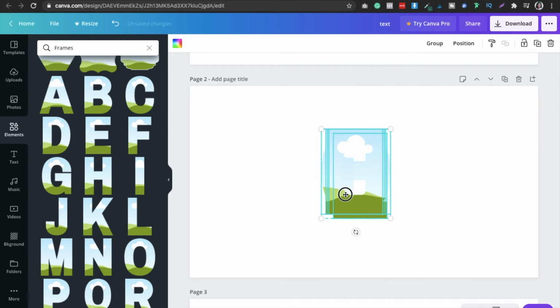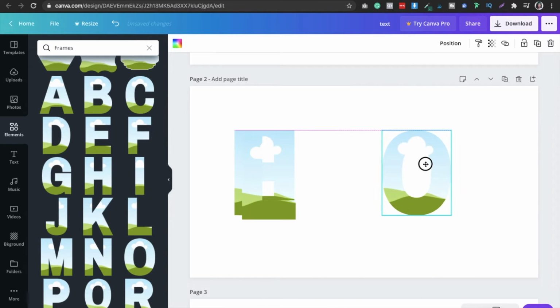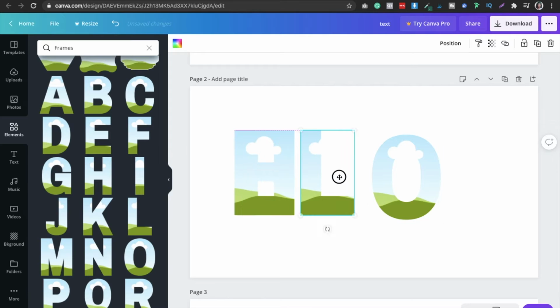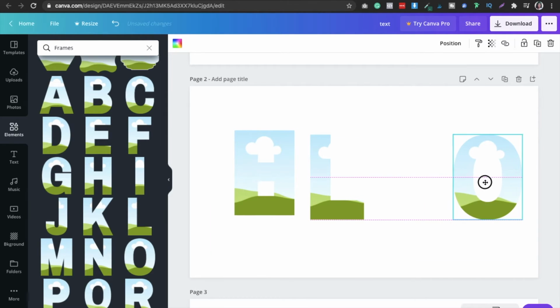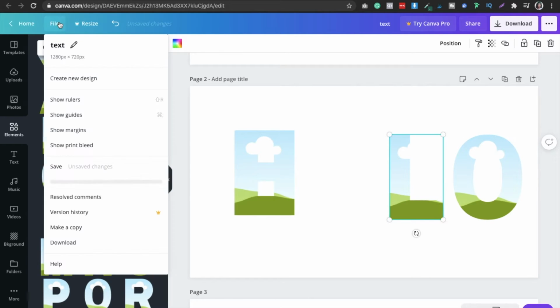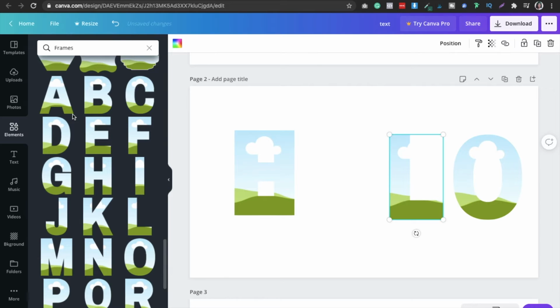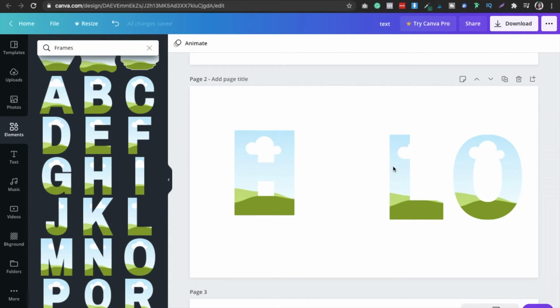Once you do that, it's fine. You can just go ahead and remove the letters. Also make sure that in the file your show guide is on, so that it shows whether you are doing it correctly or not.